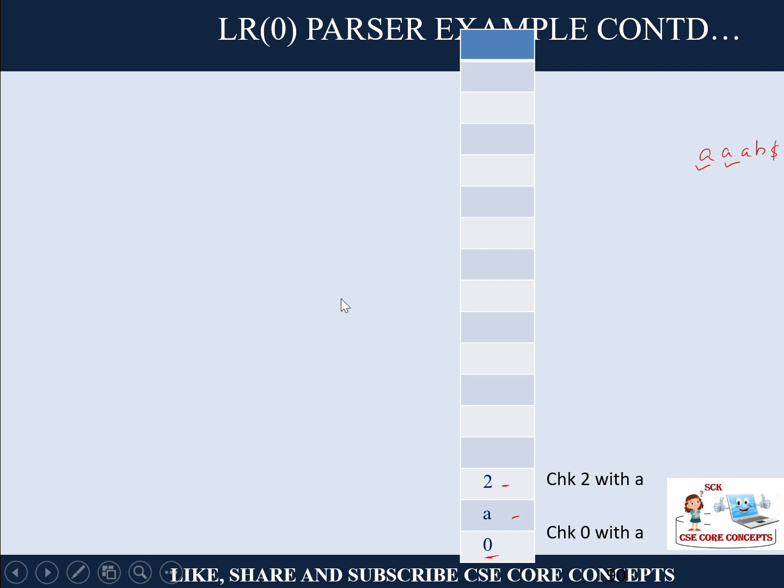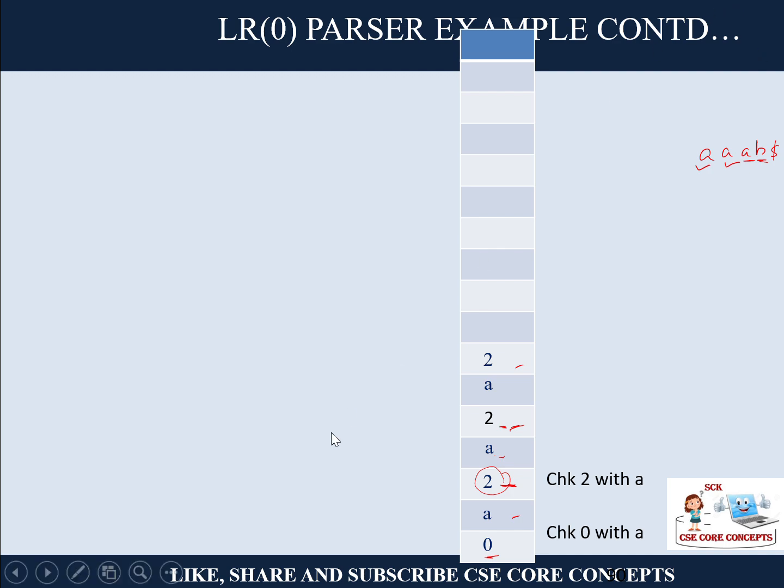So again you write down a with 2. That means you are at the top of the stack, closure 2. If you perform the closure for a, you will again reach the same one, that is 2. Right? Now the third one is again a. Top of the stack is 2. So from closure I2, again for a we will be moving to S2, that is 2. Now the fourth string element is b.